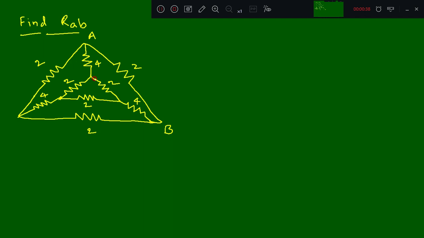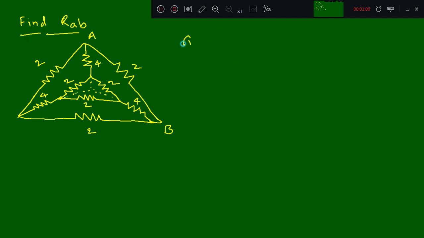So we want to make this a star. If I make it star, the resistors will be here, one here, and one here. This will give you the star fashion. Anyway, the resistors are in delta and the resistors are the same. The value you are going to get as